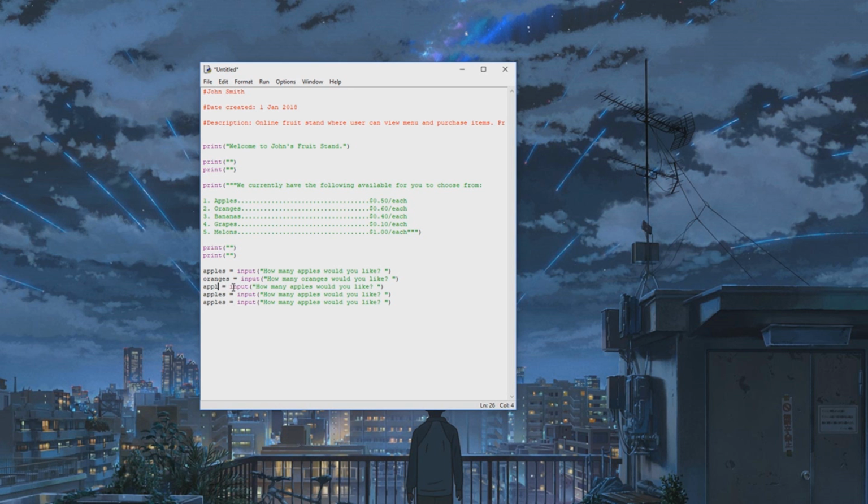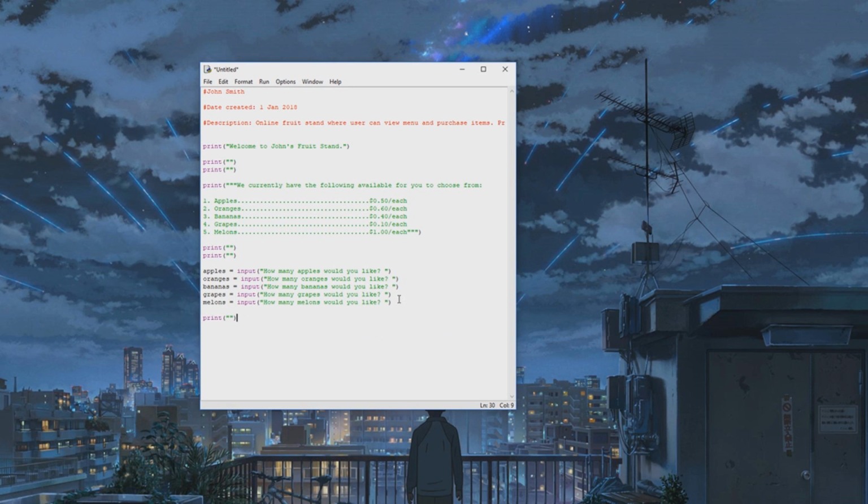So bananas, grapes, I've never seen anyone buy individual grapes, but I mean, it works, I guess, for this. Alright, melons. Alright, and then I'll put another